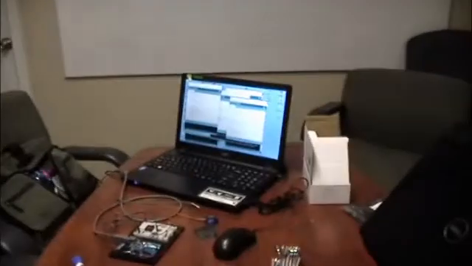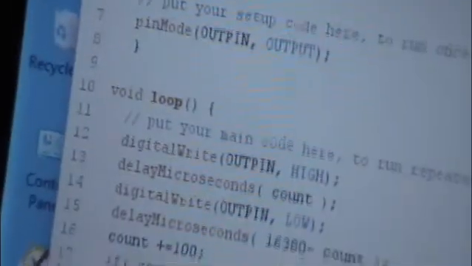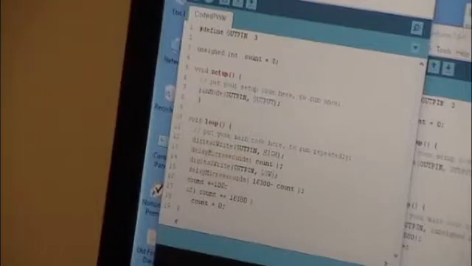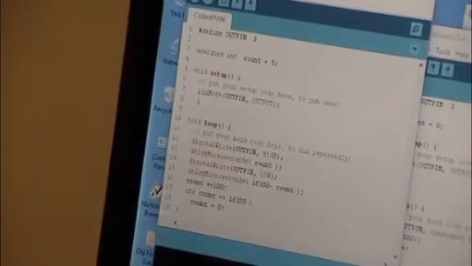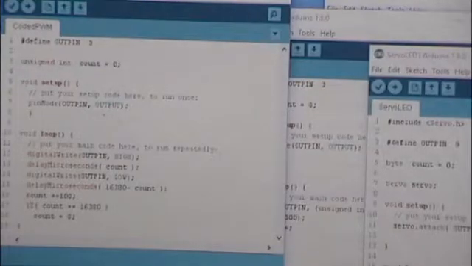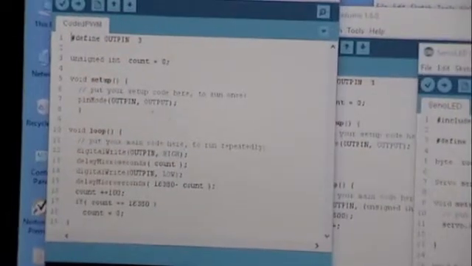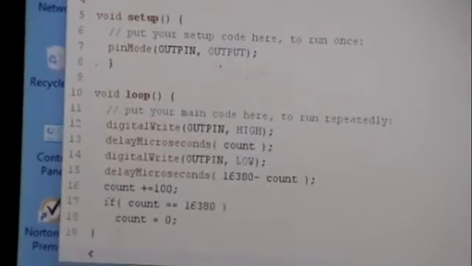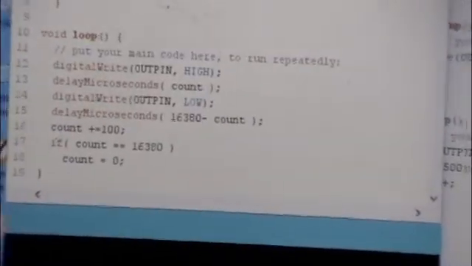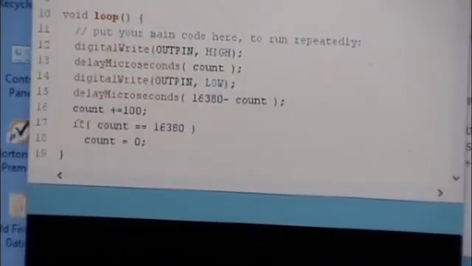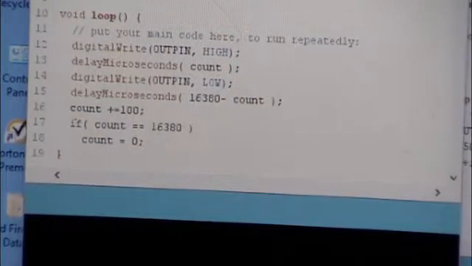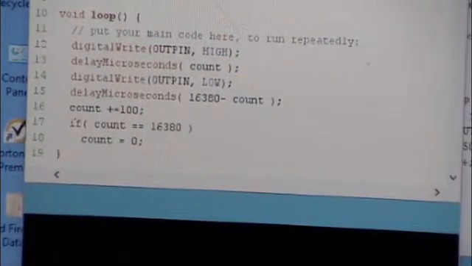Make sure I'm not telling a lie, and the whole world can see me. Load up that one. Turn that, so there we go. So that's exactly what I said. So digital write, output pin high, delay microseconds count, go low. And if I write that to